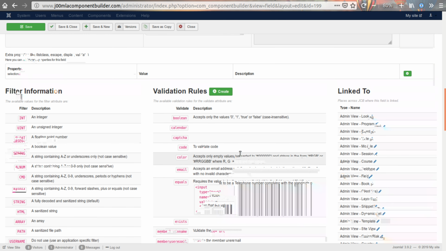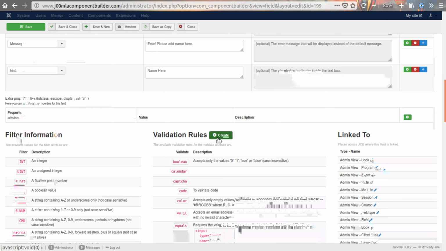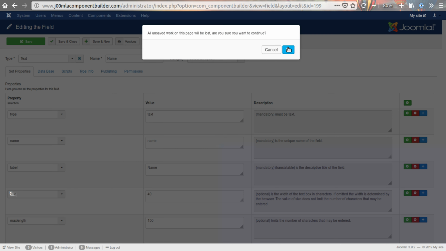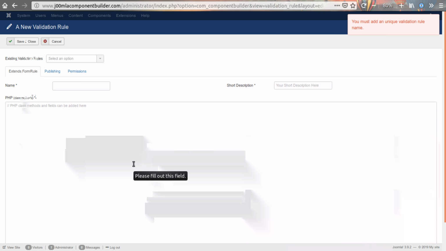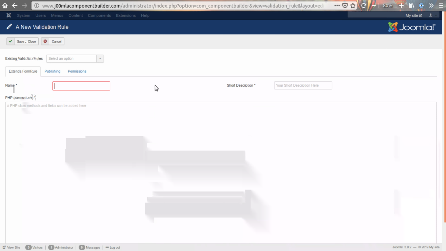rules. So how to create a custom one would be either to click here, create new validation rule, which should then give you this little heads up, and if you click OK, takes you to this new validation rule area, and it's going to say you must add a unique value rule name, which you need to put into this area here. So you can say my validation, which is unique enough,